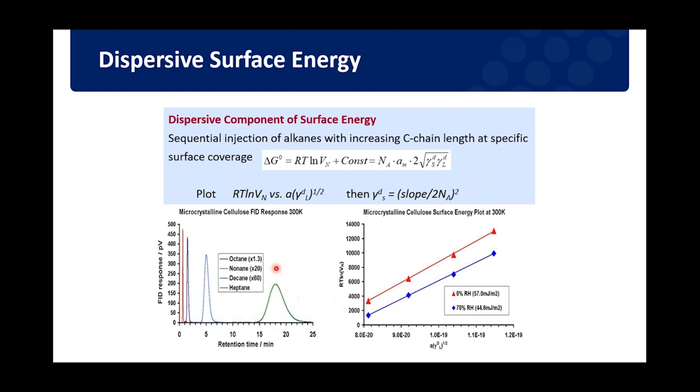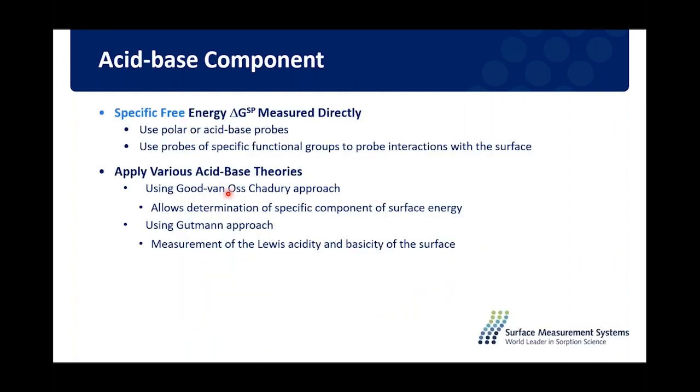But essentially what you need to do is you inject a few non-polar probe molecules to get the non-polar or dispersive component of the surface energy. We typically use a series of straight chain alkanes, and then we can get the gamma D, which is the dispersive component of the surface energy. And likewise, you can use some Lewis acid base probe molecules to get the Lewis acid base contribution to the surface energy. So essentially, you inject a few nonpolar or dispersive probe molecules, and then you inject a few Lewis acid base probe molecules, and then I can get the total surface energy of the material.